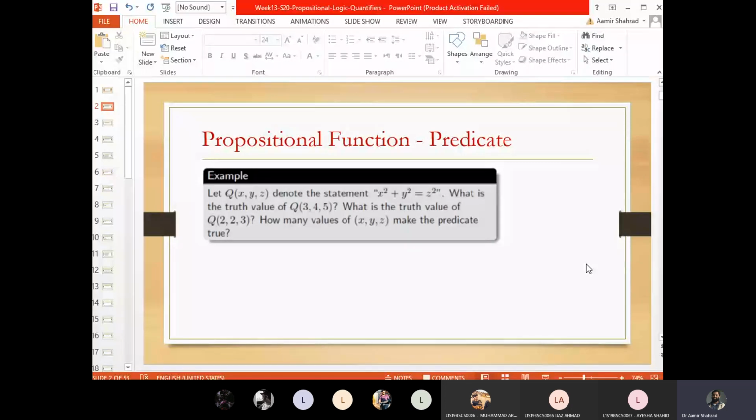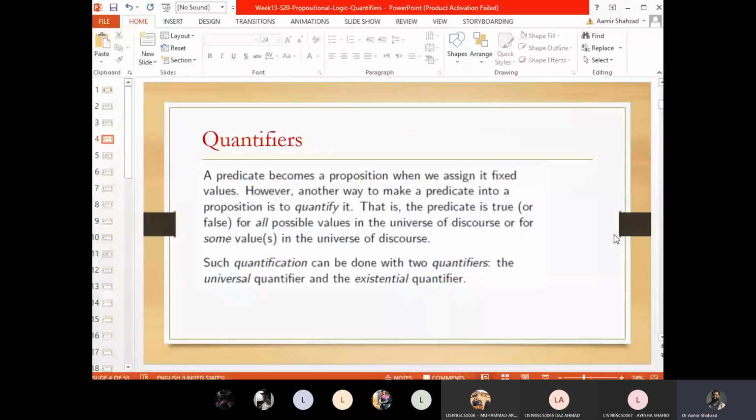Existential quantification, when it is true for at least one value, and it could be more than one, it could be even all values. So when it is true for some values, there exists something for which our predicate is true, then it's called existential quantifier. Similarly, if there is something for which our predicate is false, then it's existential quantification. We either quantify universally, or we are just telling that there exists something for which it is true or false.